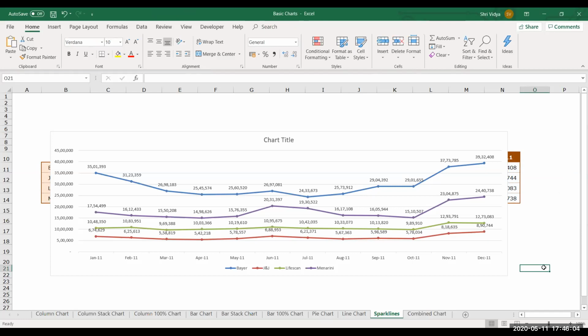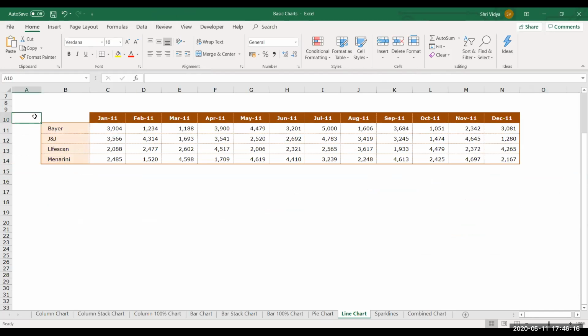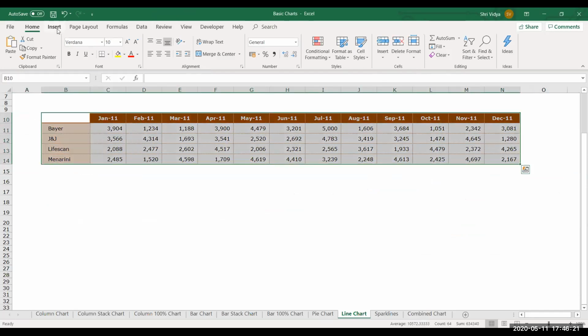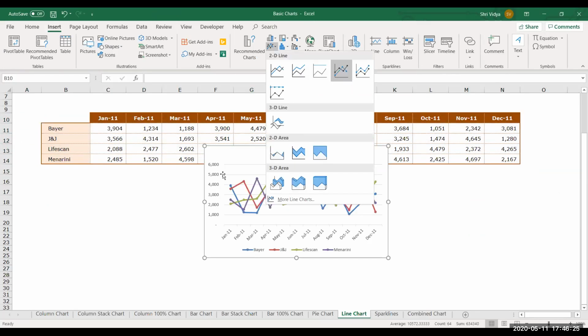But let's say you have very volatile data. Now let me show you that over here. Just clear this. So let me plot a chart on this data. I'll take line only. Again, I'll take a line chart. You look at this one.